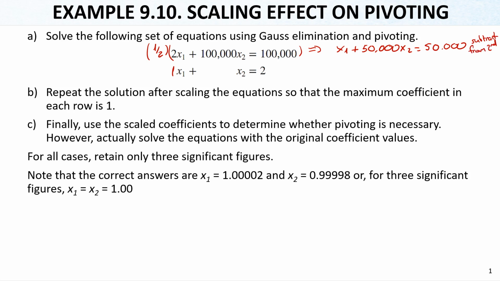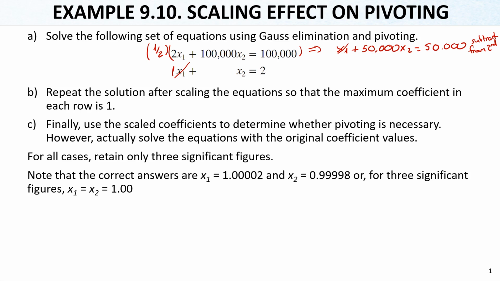If we subtract, x1s will be eliminated. And x2 is actually minus 50,000. So here we have 1, and here 50,000 is subtracted. So this is minus 50,000, which becomes minus